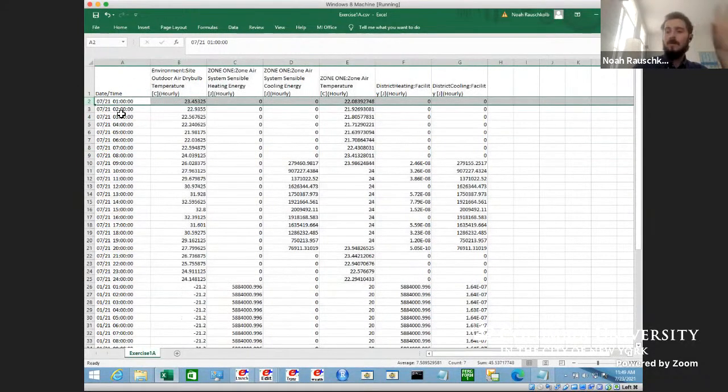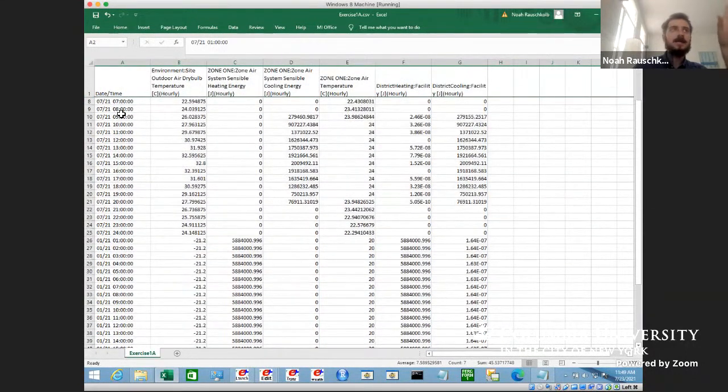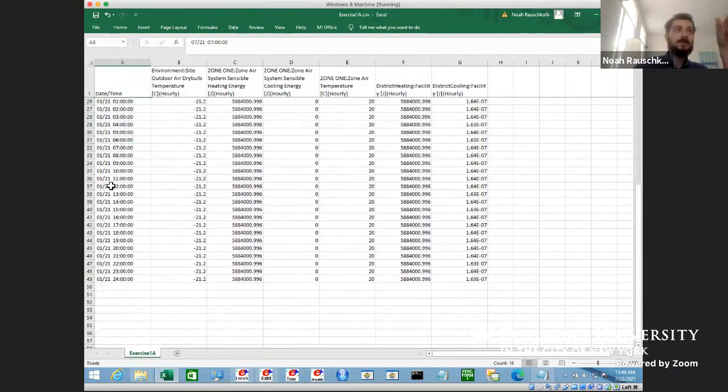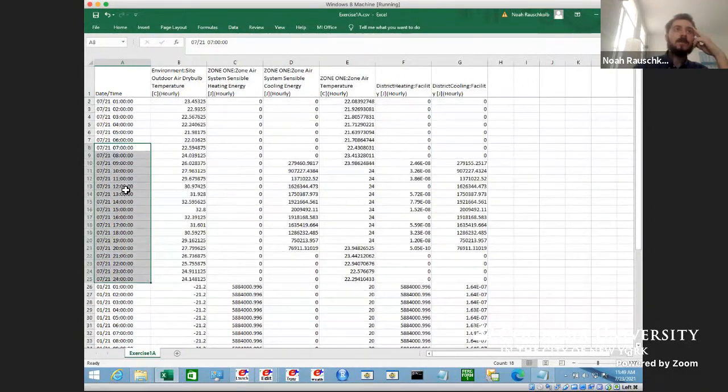So remember, we didn't use a whole annual weather file for this one. We just did the design days. So it gives us July 21st, and it gives us this 24 hours of July 21st. And then it also does January 21st, does 24 hours of January 21st. And you can see, as we were talking about earlier with the design day, for August 21st, it does create